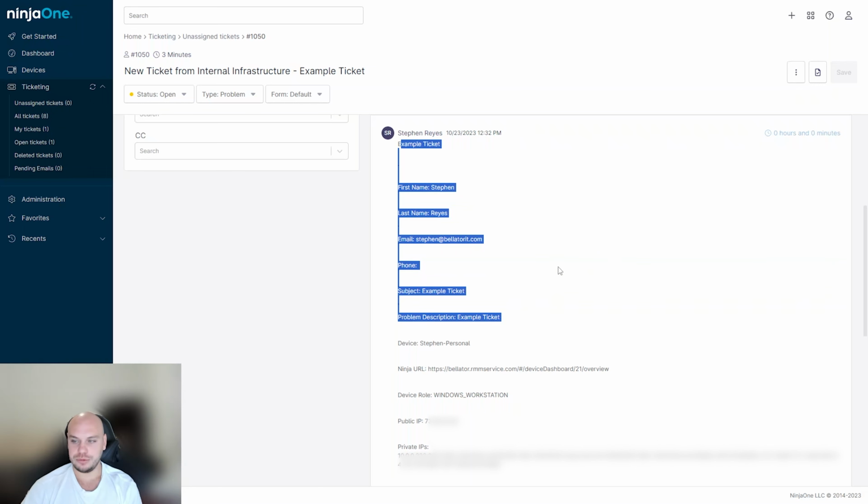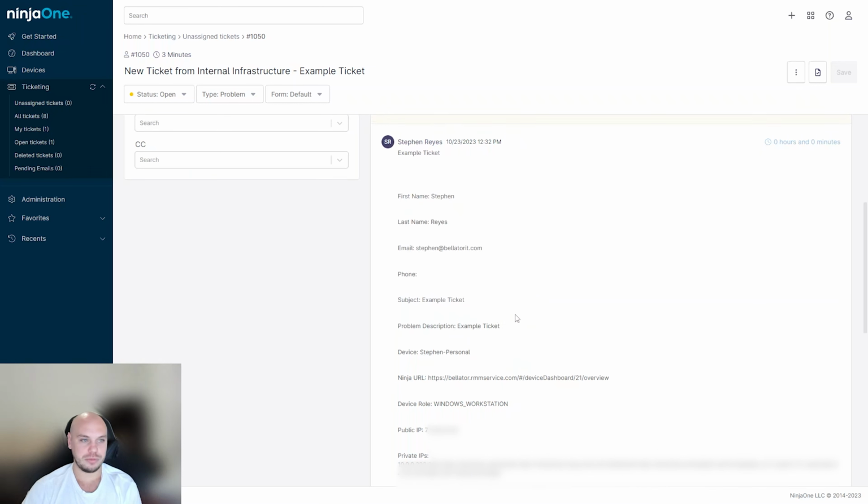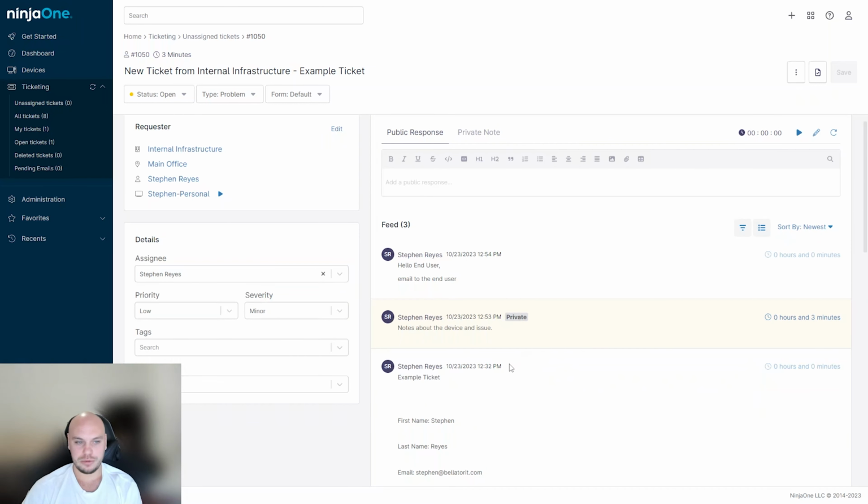Again, you don't have to include that if you don't want to, but we like to have it available, so we know which device we're talking about and any information we might need to solve their problem, so we don't have to ask, hey, what is this, what is that. We'll just have it all there in case we need it. So you can see this changed to open since I responded. I don't know if you realized I didn't actually change that status, but once I responded, it automatically changed to open. So if we go to the settings